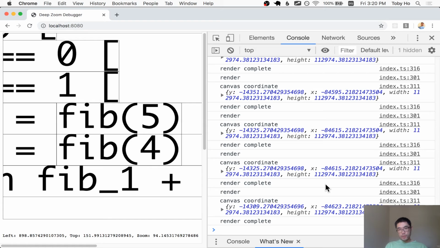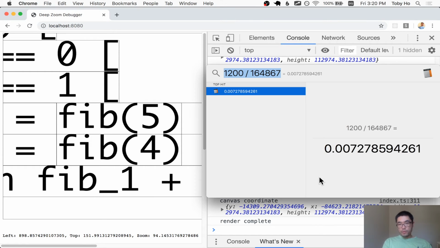And also, I'm kind of thinking, I'm not 100% sure about my hypothesis, actually. I guess at this point, the height and width is